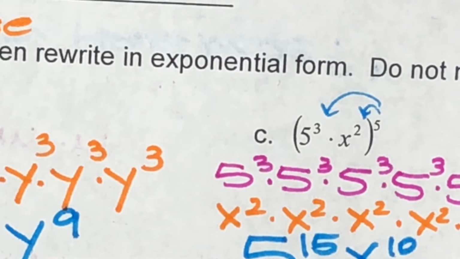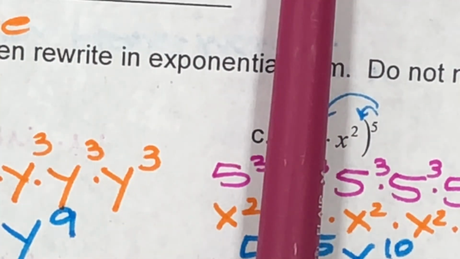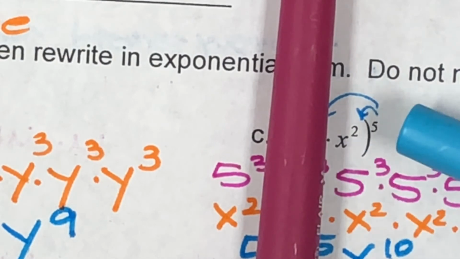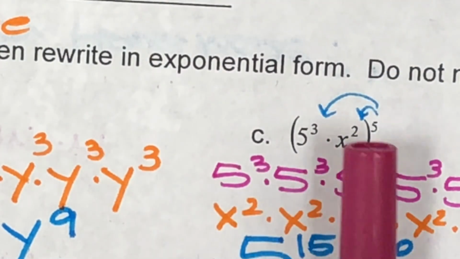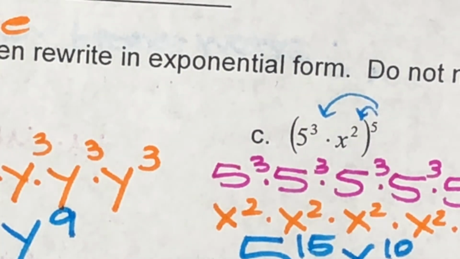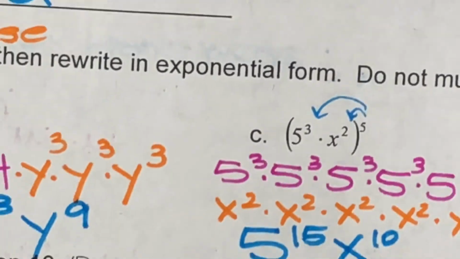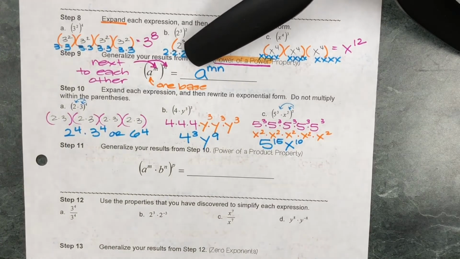It's got one base, just focus on that part. All right, my base is x, and it's a power of a power. Do that part. All right, then do the same thing for the 5. I'll cover up the x and everything else in between. All right, and you've got a power of a power. And then just put them together. It's like two different problems all in one. Okay? All right, so our rule would be,